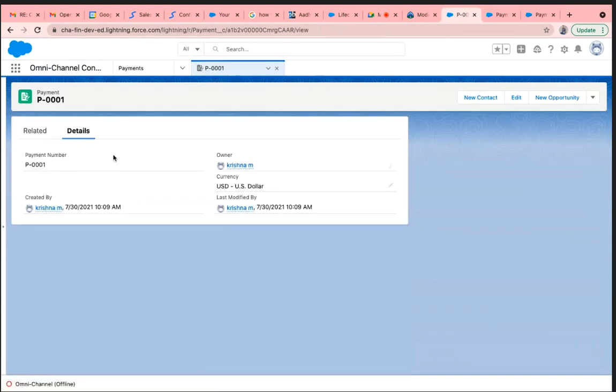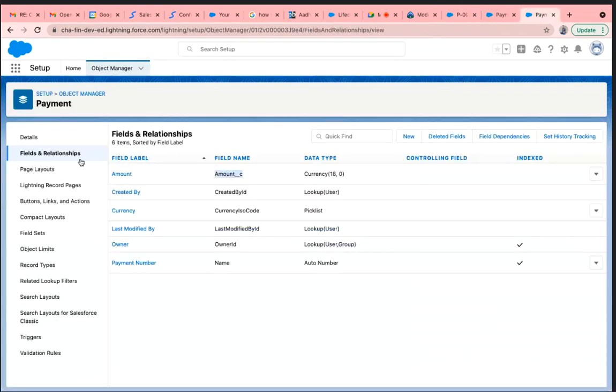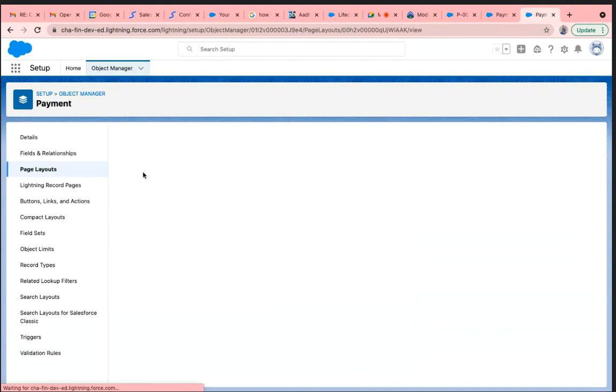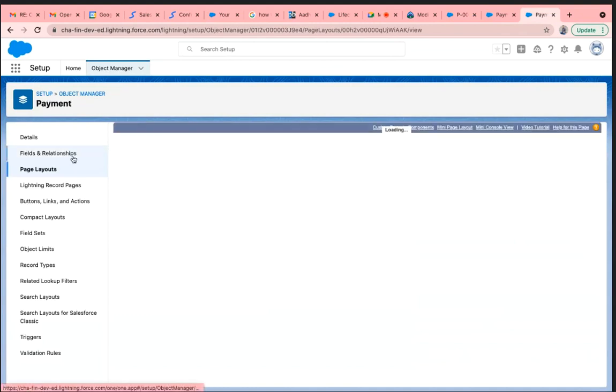You can't see it, right? So I want to add the field over here. I want to see that field over here. So just go there and click the page layout, click the payment page layout, and go to the fields and relationships.